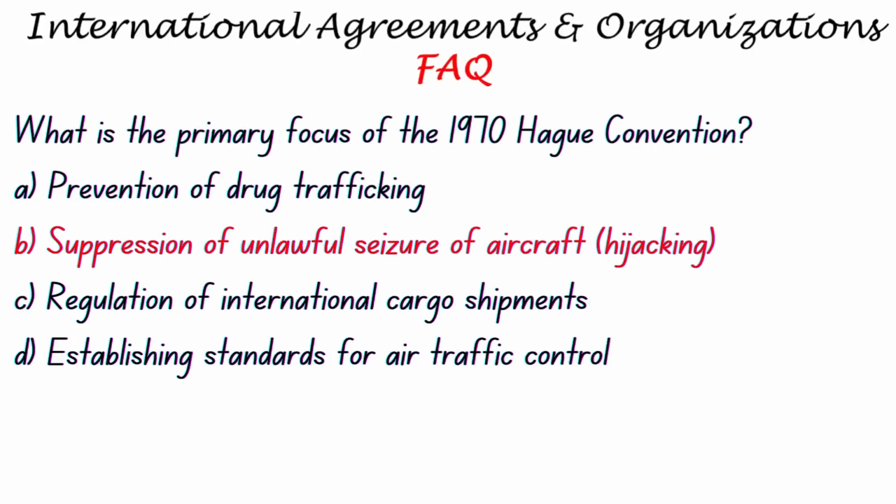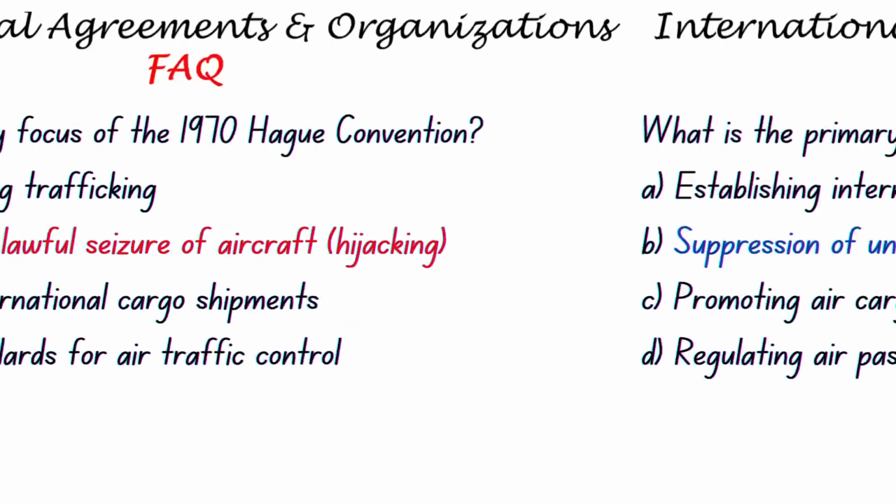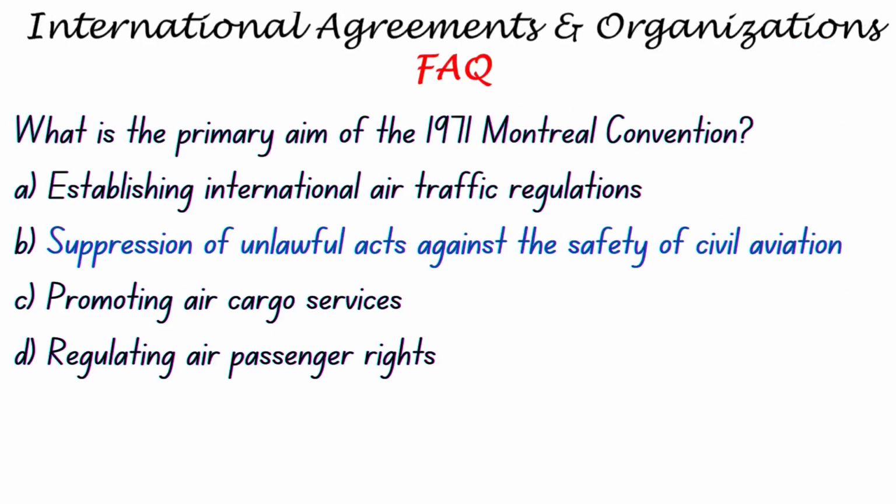The Hague Hijacking Convention, formerly the Convention for the Suppression of Unlawful Seizure of Aircraft, is a multilateral treaty by which states agree to prohibit and punish aircraft hijacking. Montreal Convention 1971, for the suppression of unlawful acts against the safety of civil aviation. It makes it an offense to attempt any of the unlawful acts against a person who acts violently on board an aircraft or who destroys or damages an aircraft in service.